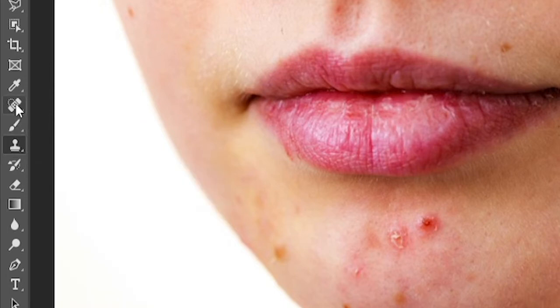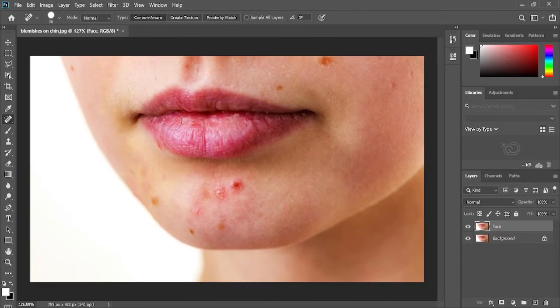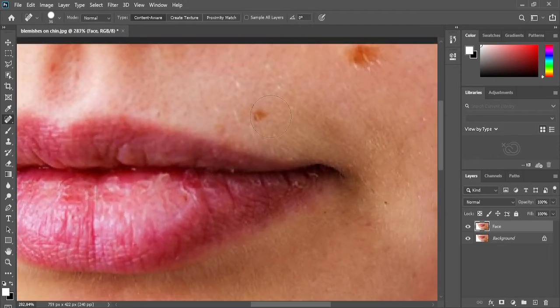So I would recommend you to firstly use this spot healing brush tool and these 3 tools. So firstly, I'm gonna use the spot healing brush tool. This is how it works. If you have a target area, a target spot, just like in this case, you don't want to make the selection circle smaller than the target spot.